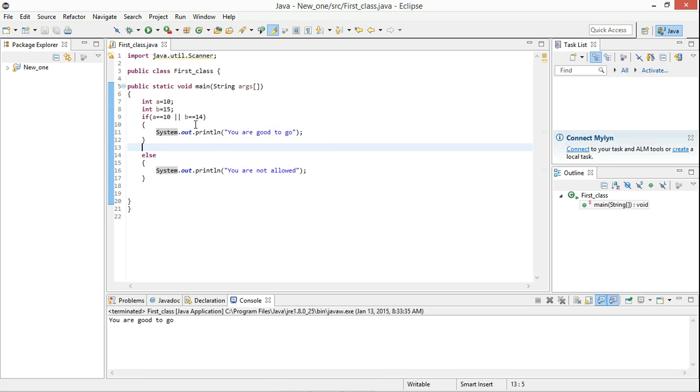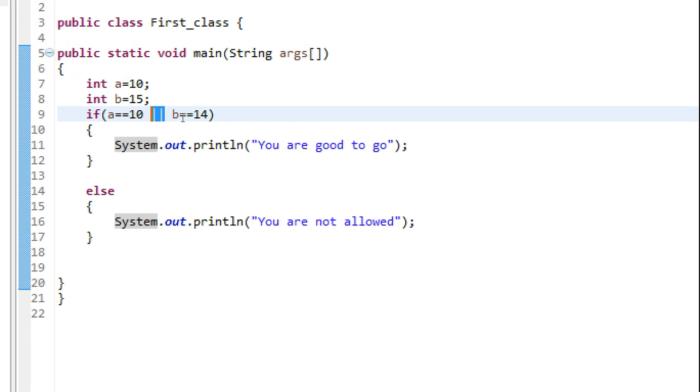Now the question arrives, why do we use these two and why not a single one? The simple answer to that question is, when you use two, they are known as short circuit logical operators, and it is always advisable to use two of these. Of course, if you use single, the program would execute and it would do just fine, but there are some flaws in that. If I use only a single logical operator,